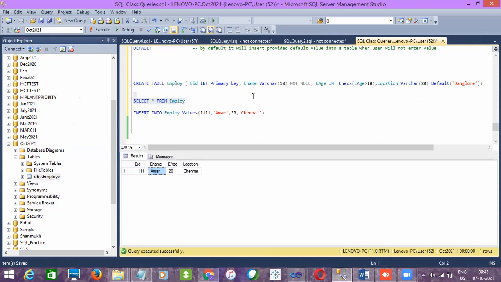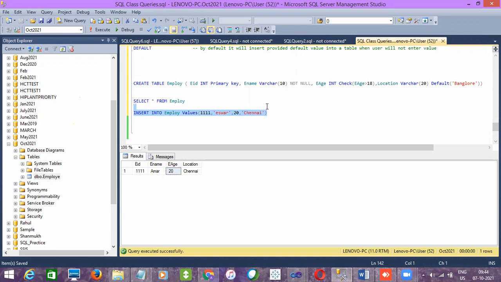So constraints are used to restrict the data while inserting data into a table. Now we tried to insert data into the table with age 15, but since the constraint is looking for more than 18, the insertion did not happen. It threw an error, right? Once we changed that value to 20, it got inserted. So now let me insert the same value again. Do you think it will execute now?